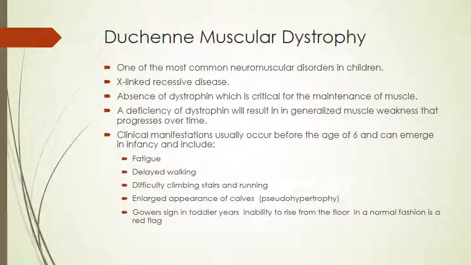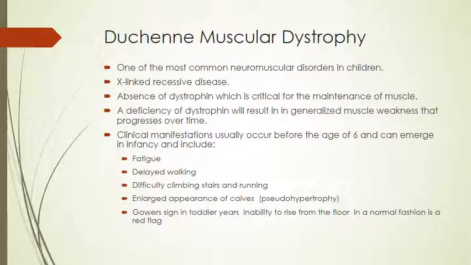Duchenne's muscular dystrophy is one of the most common neuromuscular disorders in children. It's an X-linked recessive disease. The absence of the protein dystrophin, which is critical for the maintenance of muscle, results in generalized muscle weakness that progresses over time. The clinical manifestations usually occur before the age of 6 and can emerge in infancy and include